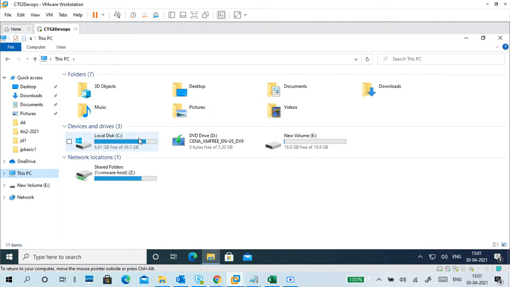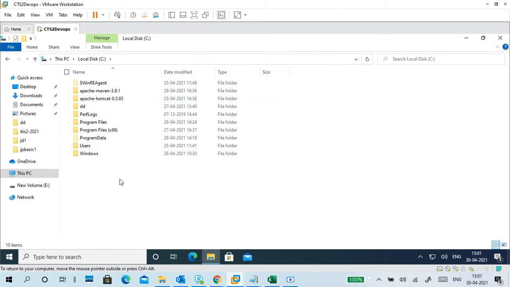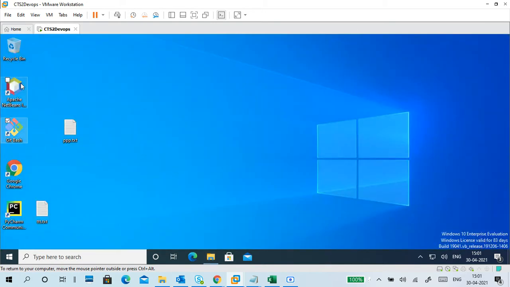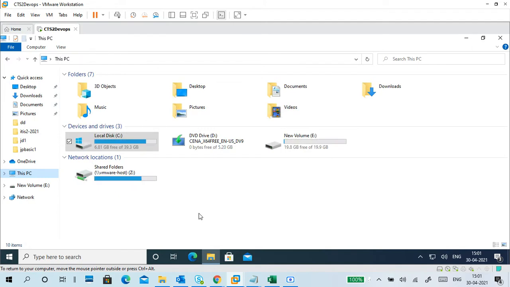6 GB is still available, but I don't know why only 6 GB is available, because I installed very few applications, this one and Python. That's it. Whatever the reason, we'll see that.